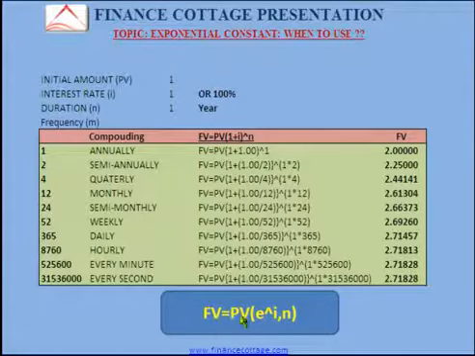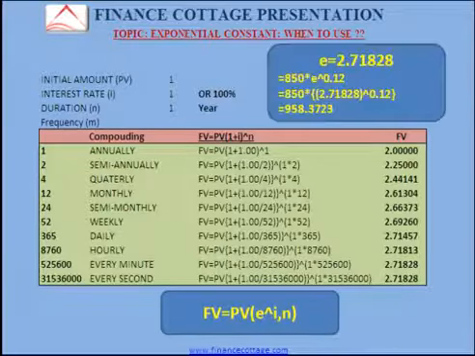Now to calculate the future value in case of continuous compounding, the formula is future value equals present value multiplied by exponential constant, whose value equals 2.7182, raised to the power interest rate multiplied by the duration n. So if you want to know the future value of any amount of money for a given period of time at a given interest rate compounded continuously, you can apply this formula and you can calculate the